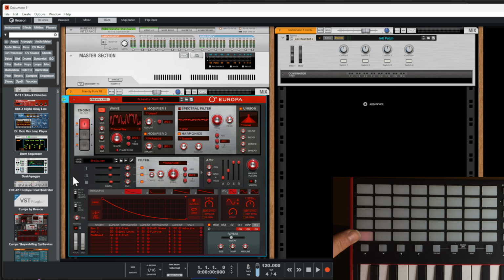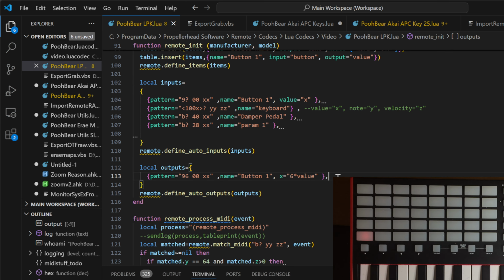So there's a way I can actually start changing my colors quite simply. But this is, as I said, the automatic way of doing things. So now what we're going to look at is the good old function remote set state, and we get that